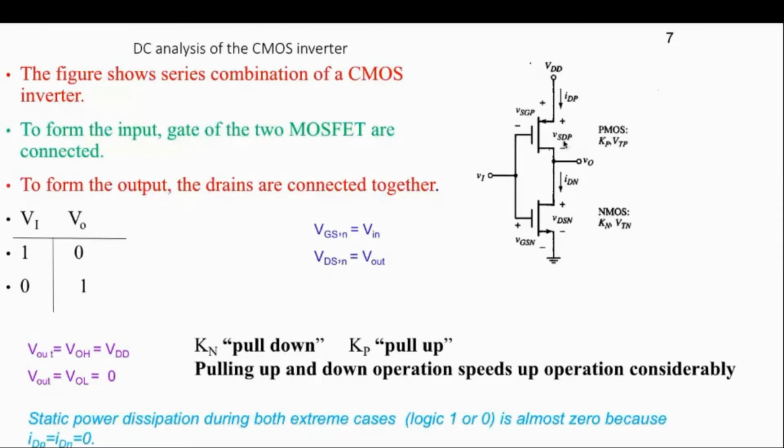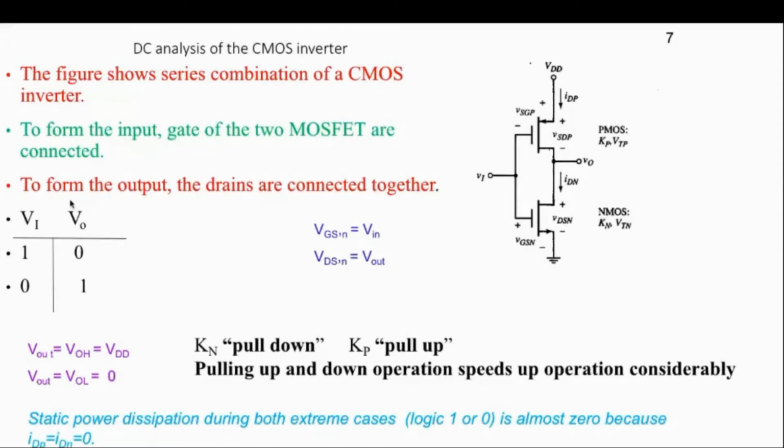Similarly, source and drain for PMOS, this is the drain current pertaining to your PMOS. Similarly, the current entering this channel will leave. So your drain current of PMOS is equal to the drain current of NMOS, and this is the gate to source voltage for NMOS. So for PMOS, the parameters are Kp and VTP. VTP is the threshold of PMOS, and Kn is for NMOS, and VTN is the threshold voltage of NMOS.